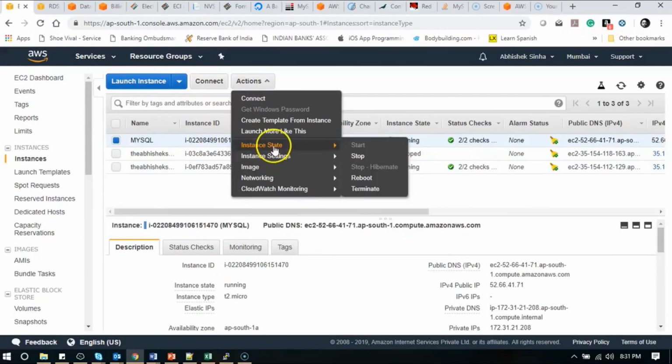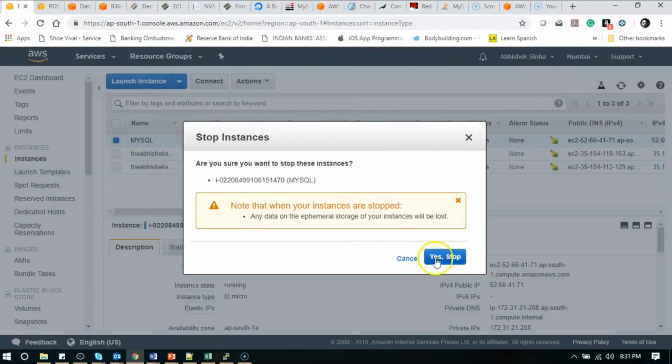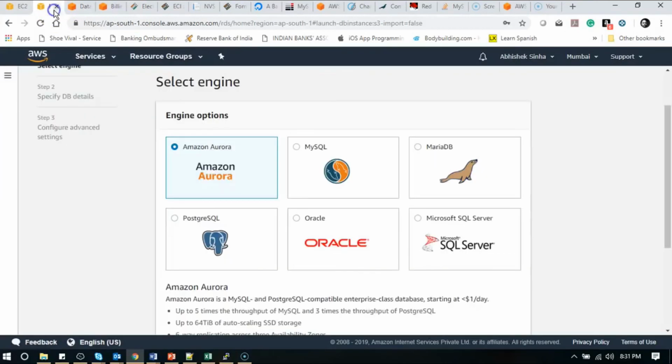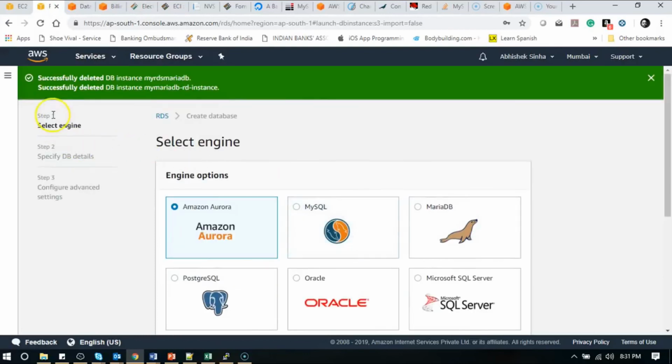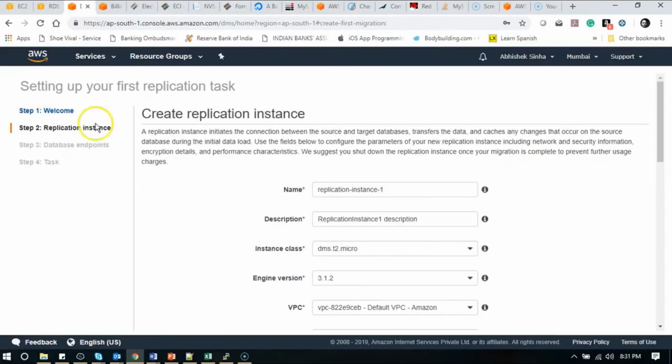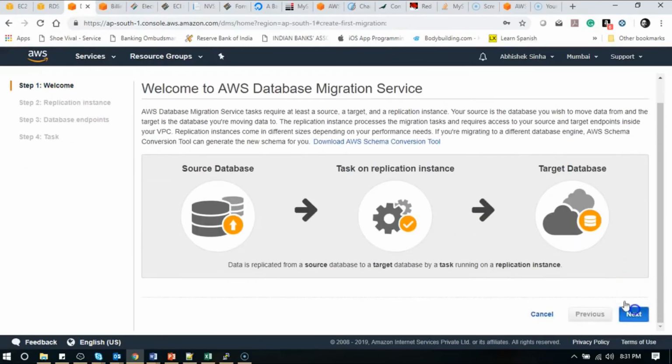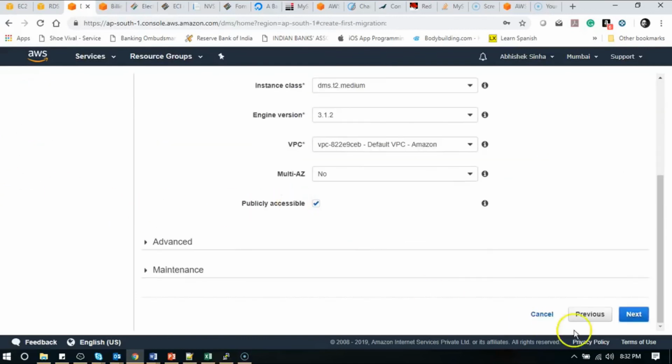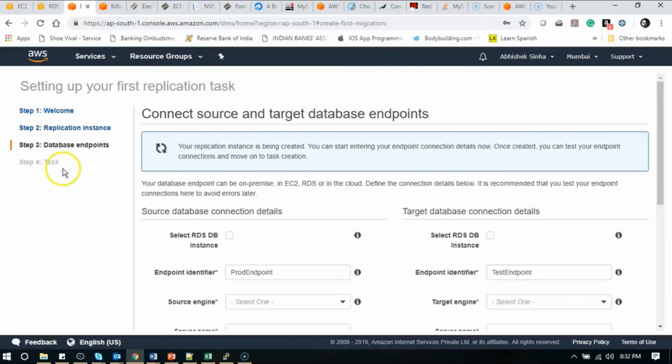For me, I'm going to stop this instance because maybe I'll use it again, but for you, I would suggest you make sure that all the RDS instances, everything, you delete it. I just deleted it and I'm showing it to you. Make sure that for the replication instance also, you delete everything, because if you don't delete it, it's going to cost you money, and that will be really difficult.